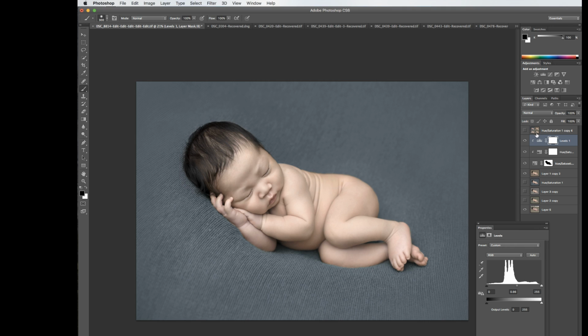So that is pretty much how I would achieve it with the hue saturation layer. Same thing with the selective color. So you saw how I turned it to green and the whole image was a little bit green. You would still mask it off the baby. Now, if you do both of those and you still don't like the effect, it's just a color that you cannot achieve, then